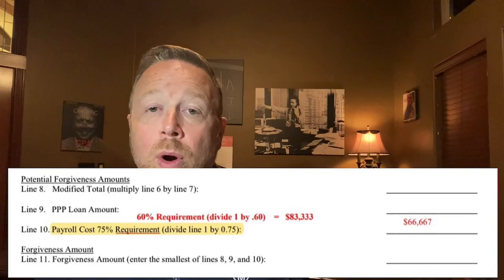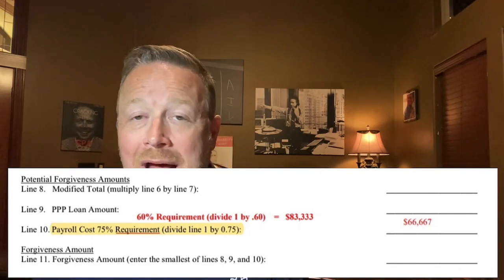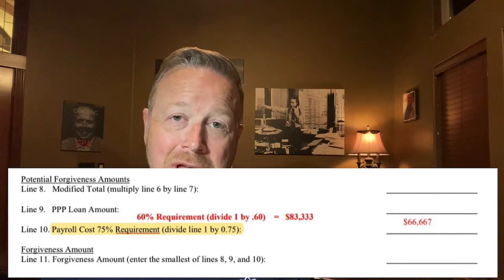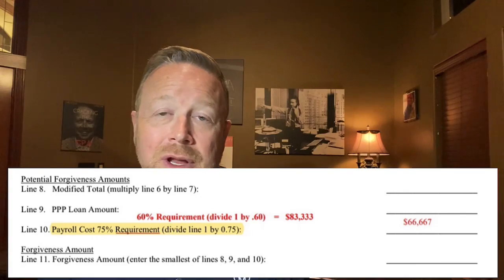essence. Or if you achieve, in this example, 50,000, well, before you would have a max loan forgiveness of 66,667. Under the Flexibility Act, same 50,000, you'd have a max loan forgiveness of a much higher amount, $83,333. I don't see it as a cliff. It's not an all or nothing. It's just a lower threshold that allows you to have an opportunity to have more forgiven,